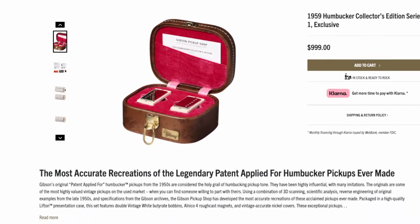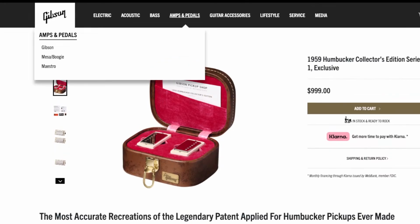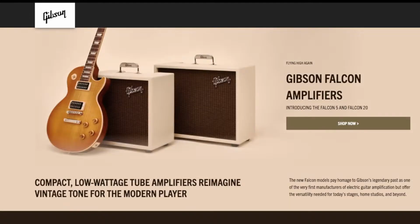So what I'm curious about is, what guitar is this going in? Because if you buy a historic, you're already getting the custom buckers. Those are like, if you want an R8, they're like $5,000, $5,600, something like that. If you want an R9, those are like $6,700. You're going to spend another $1,000 on humbuckers? I don't know, man. Let me know what you think about that. But before I check the chat, I do want to show you the amps so I don't get this totally